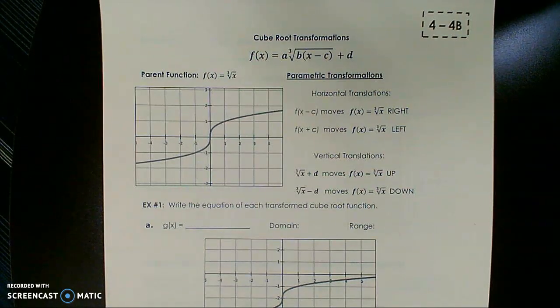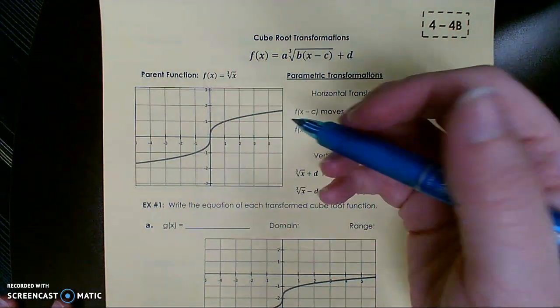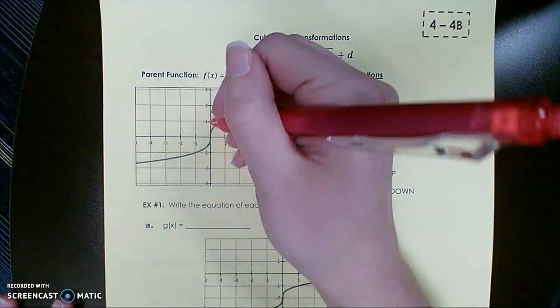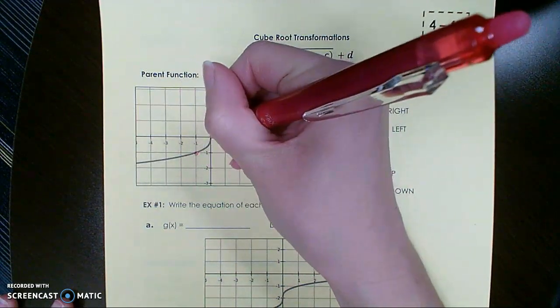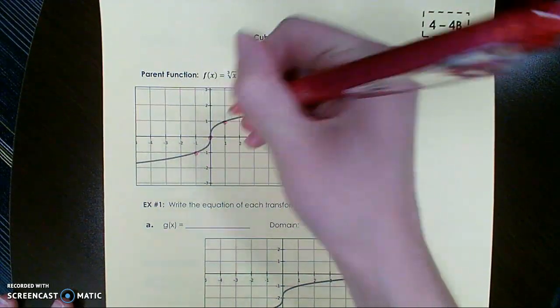Hi folks, today we're going to talk about cube root transformations. So we just finished talking about transforming the cubic parent function, but today we're going to talk about all the same kinds of transformations, just with the cube root parent function. Remember that the cube root parent function still has points at (-1, -1), (0, 0), and (1, 1), but instead